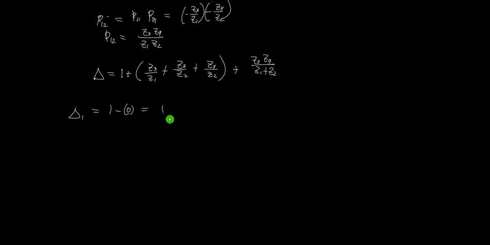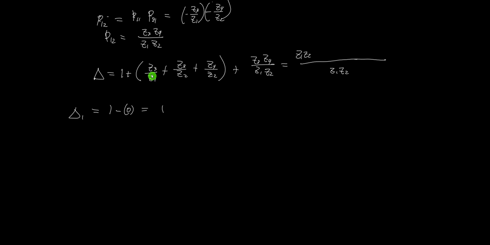And we can simplify this delta here before we substitute in the formula. We can factor out, or we can take the LCD. Why is this plus here? It should be Z1 times Z2. We add them all, so times 1 here, so we have Z1 times Z2, and Z1 divided